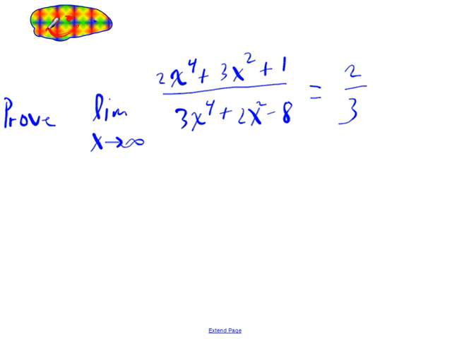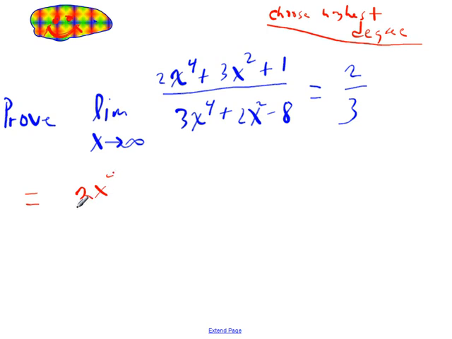Okay, this is a fun little proof. The idea is to find the highest degree. The highest degree in this problem is x to the 4th. And we're going to divide everything by the highest degree. Every term. So we get